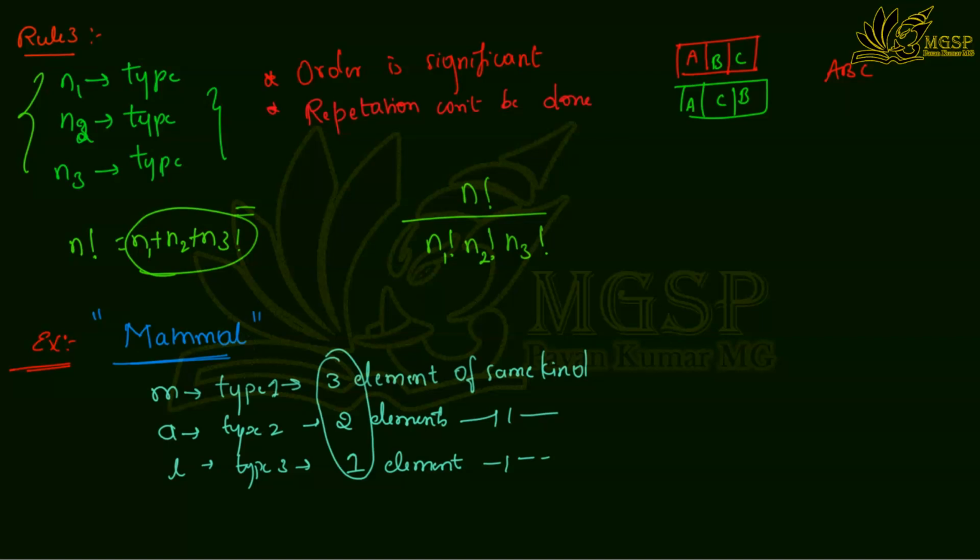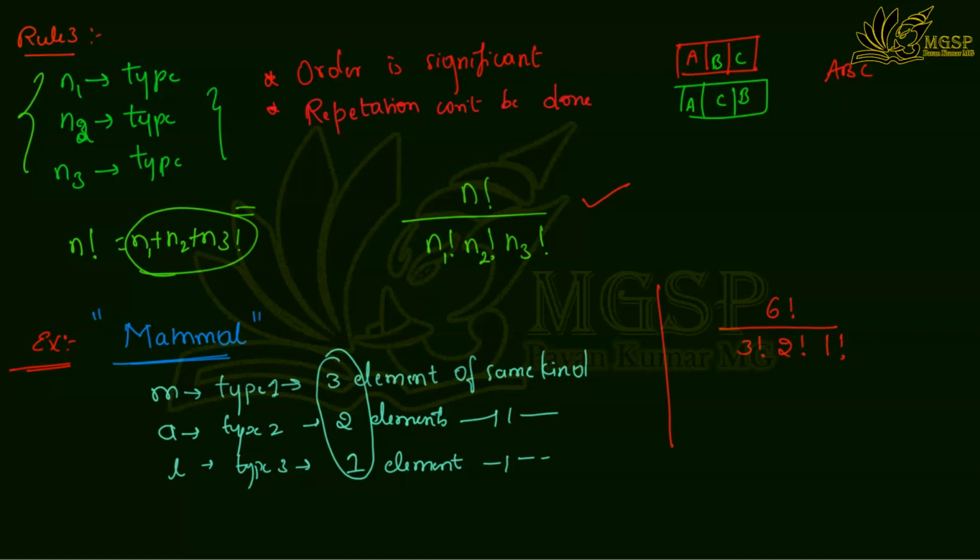So how can you write this term, how many ways can this be done by arranging these letters? This is the rule you can use. N factorial means total 3 plus 2 plus 1, which is 6 factorial, divided by 3 factorial, divided by 2 factorial, divided by 1 factorial. I have told in the rule 2 case, when we have repeated letters, you need to divide by the number of repeated letters factorial. That is the rule 3 which I have stated before.